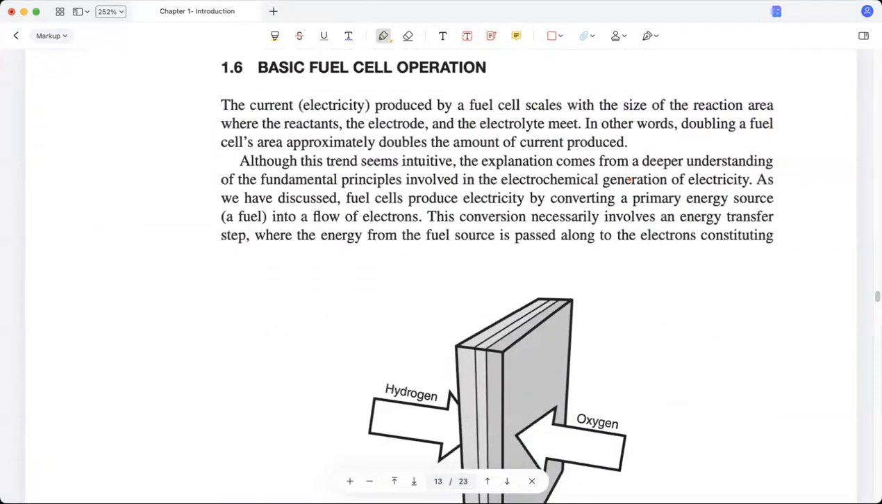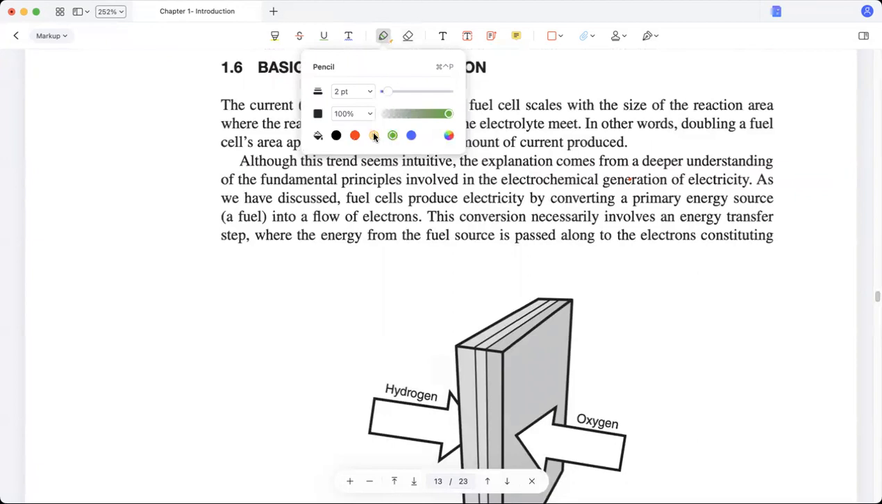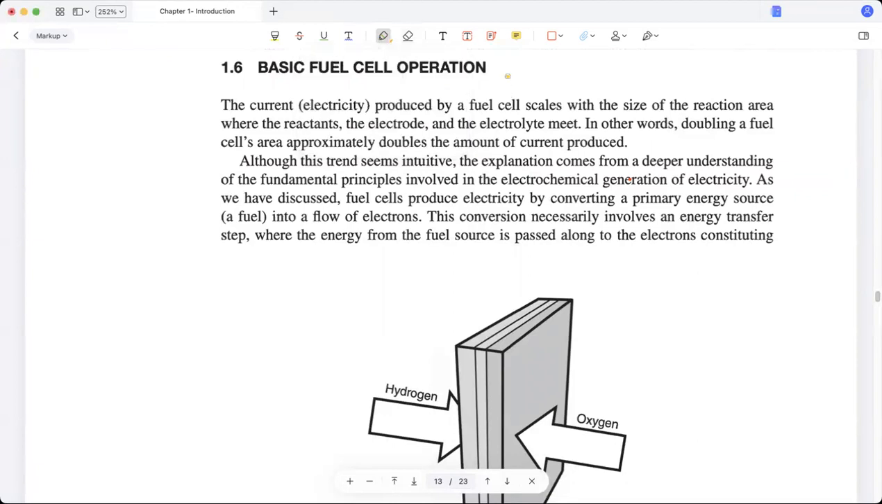The current or the electricity produced by a fuel cell scales with the size of the reaction area where the reactants, the electrode, and the electrolyte meet. In other words, doubling a fuel cell's area approximately doubles the amount of current produced. Although this trend seems intuitive, the explanation comes from a deeper understanding of the fundamental principles involved in the electrochemical